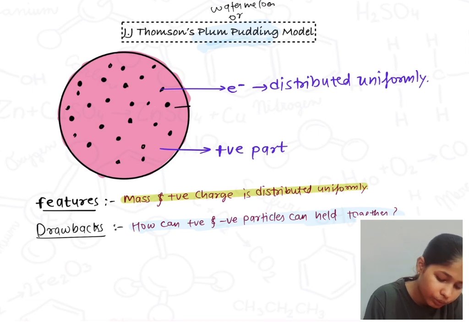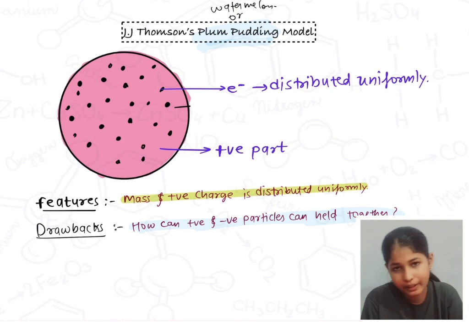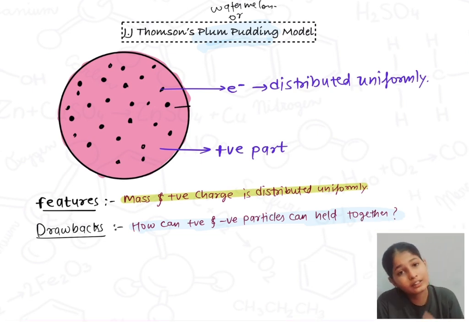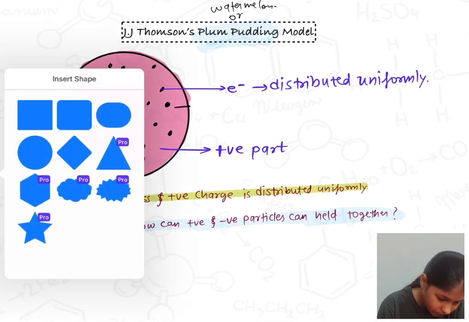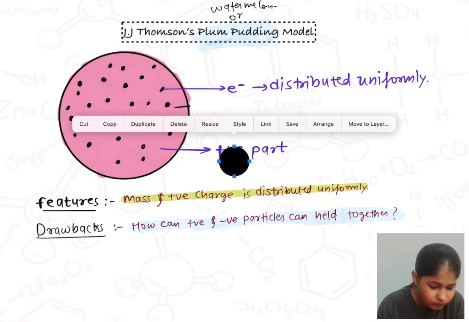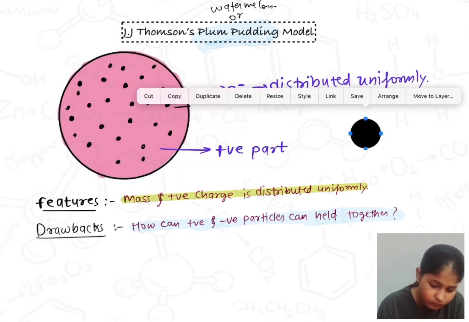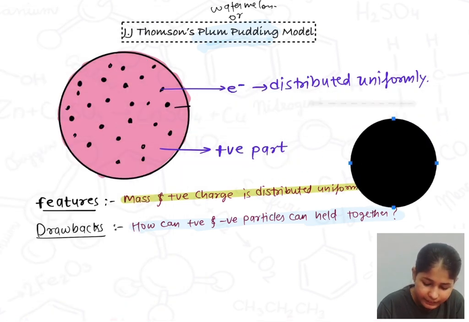So there is no difference between the concept given by him. The concept is the same in both cases, plum pudding as well as watermelon. So for plum pudding, let me tell you,